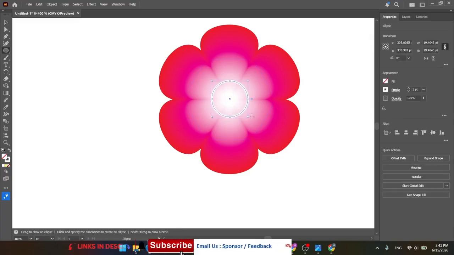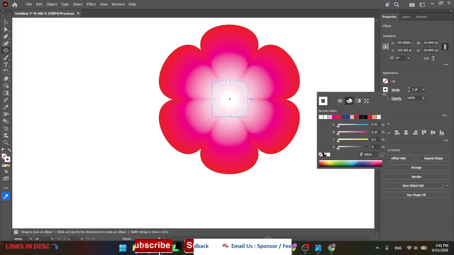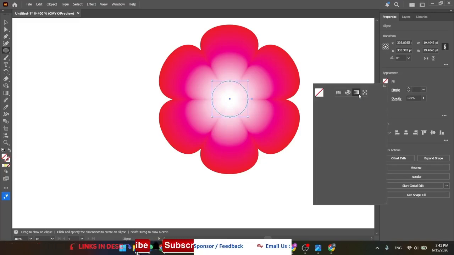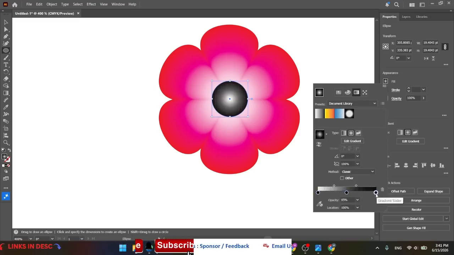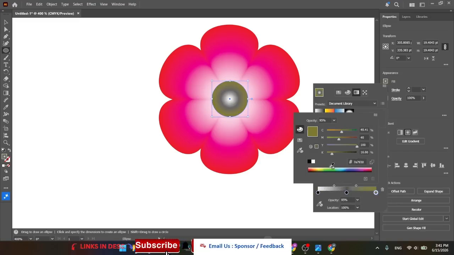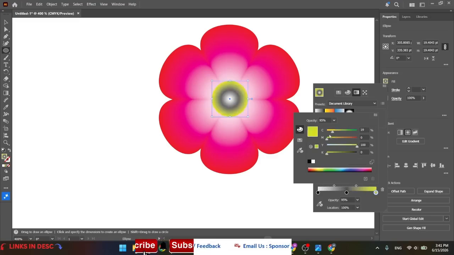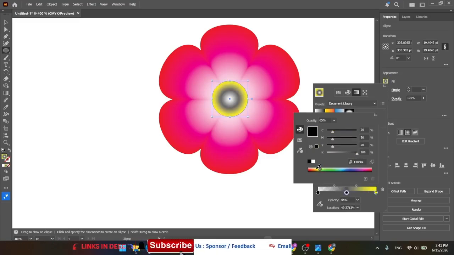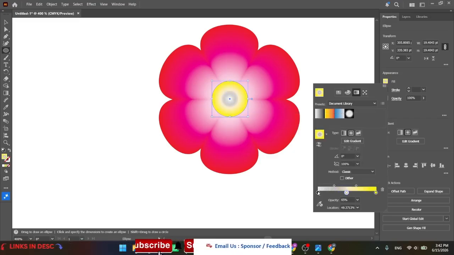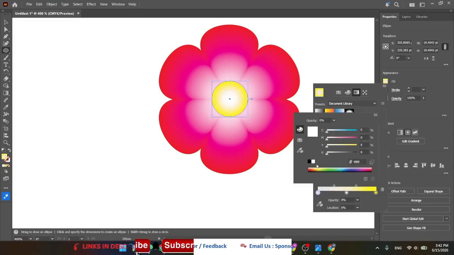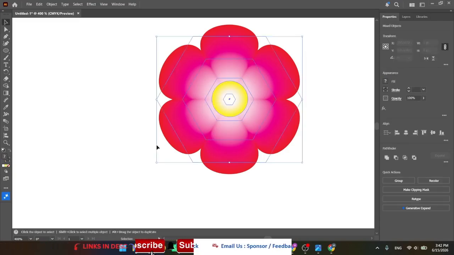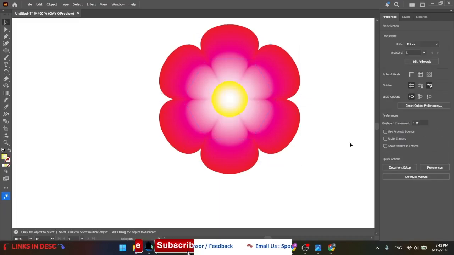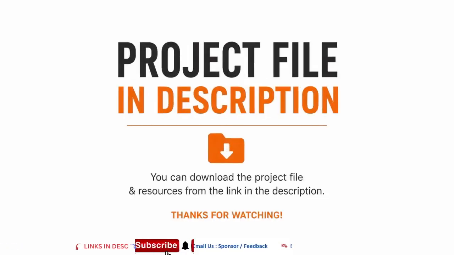You create a circle, then change the color of the circle. Gray ash color, light yellow. So now our design is ready. You position it, the whole design, you align it at the center. Okay, this is how you can get the file